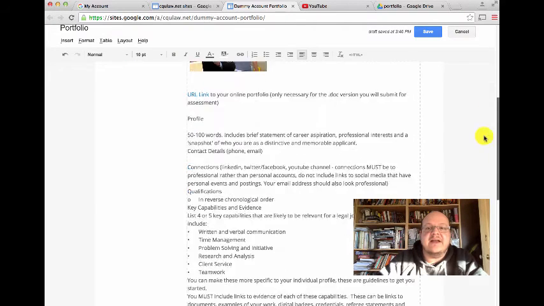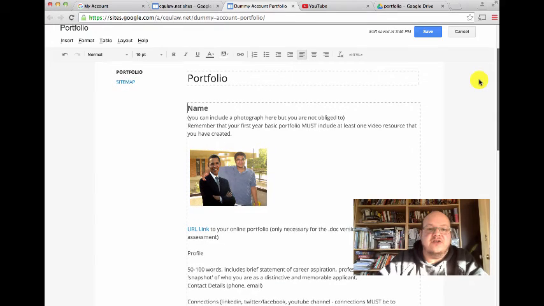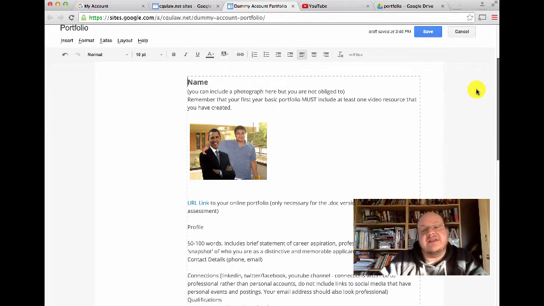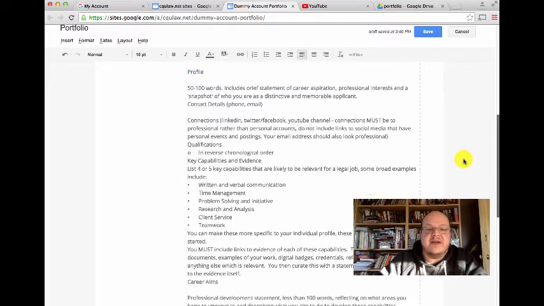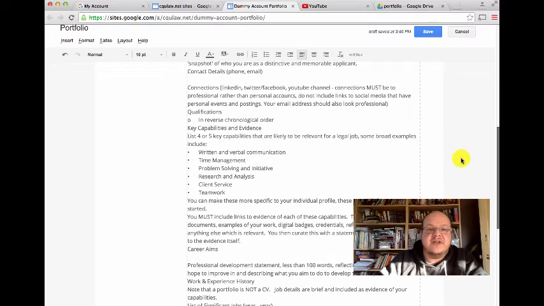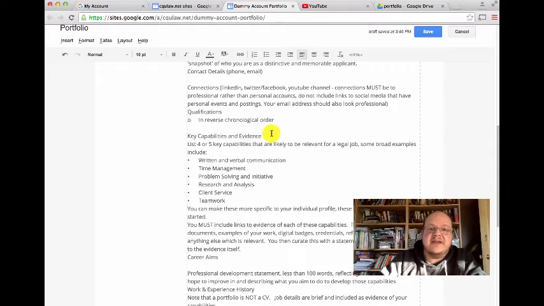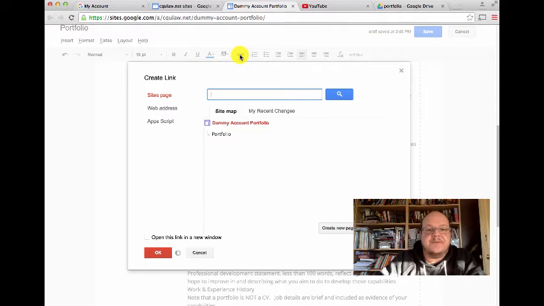The final thing I want to touch on briefly, and I realise there's been a lot of different things we've talked about here, is including new subpages, because this is just one page of your portfolio and it's fine just to have one page, but you might want to create a separate page for each of the different elements. So it's a bit of a mess here, I realise, but just say you wanted to put your key capabilities and evidence on another page, what you could do is put a link, and you could say